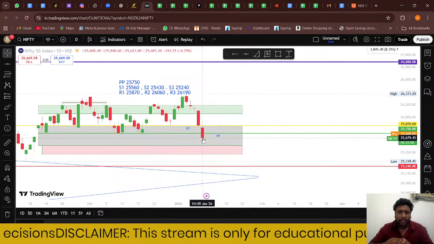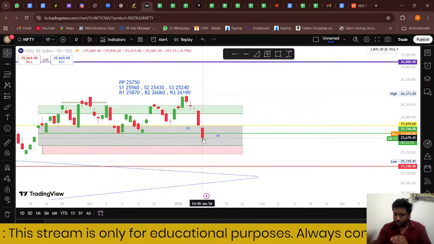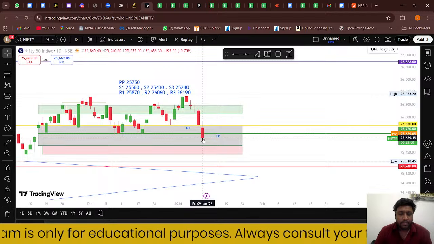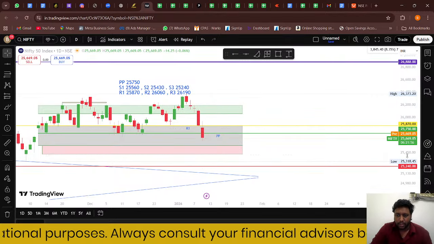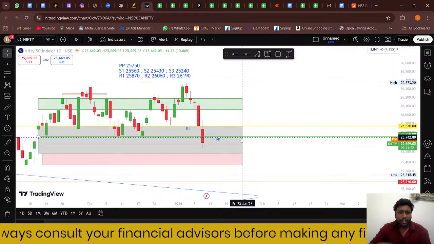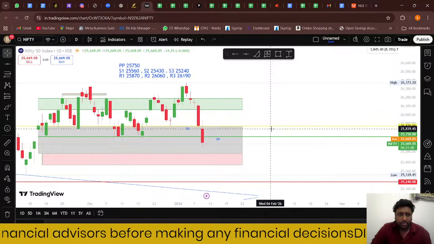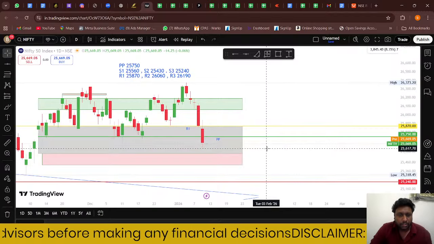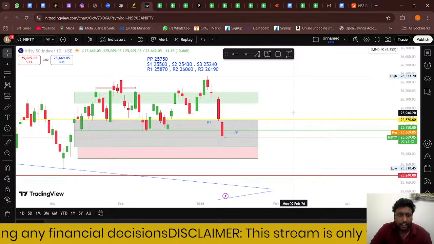From the pivot line we can get support 1 and 2, and also support 2 and 3 as well. So with respect to these levels, we plan our trades accordingly. Any movement above the pivot level can be considered as a bullish bias in the market. And with respect to resistance 1, 2, and 3, and also support 1, 2, and 3, they have a characteristic change when the market reaches there.